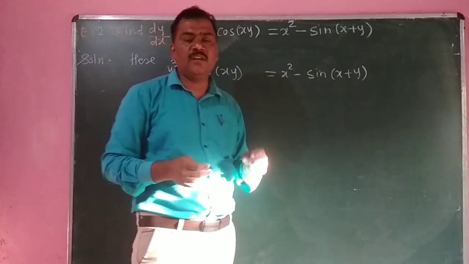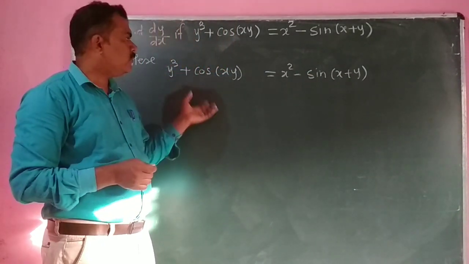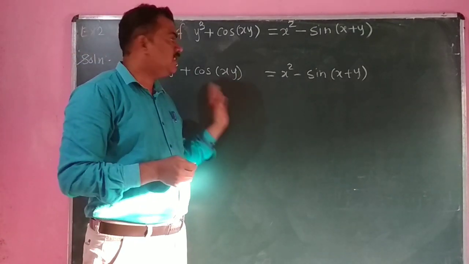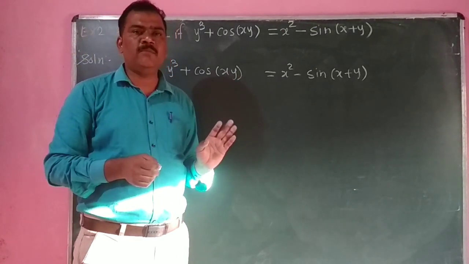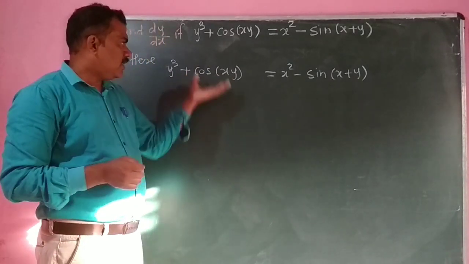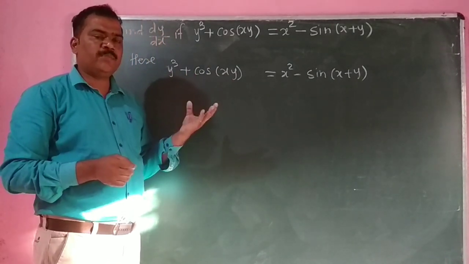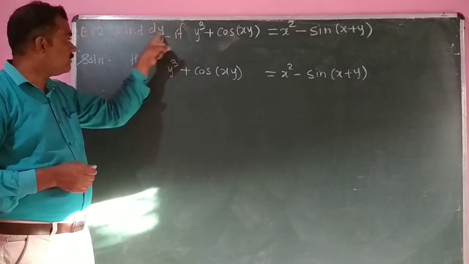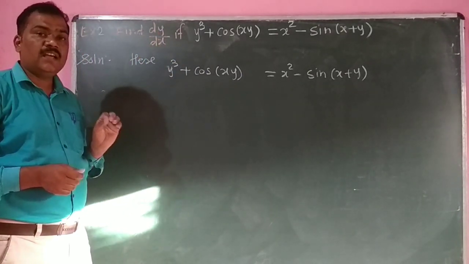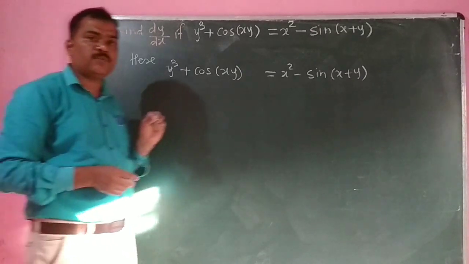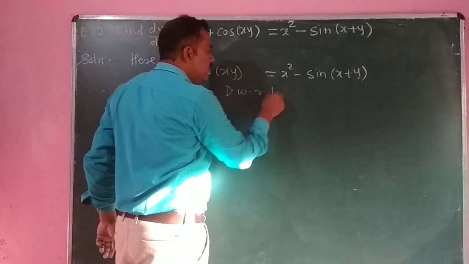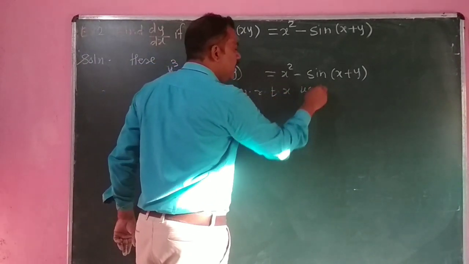This mixing of the variables x and y, one cannot be expressed as one variable in terms of another variable, so this type of function is said to be an implicit function. Now whatever the original function is, we have to differentiate with respect to the independent variable. We have to find the dy by dx. It means that the independent variable is x, so we have to differentiate with respect to x. Differentiating with respect to x we get.